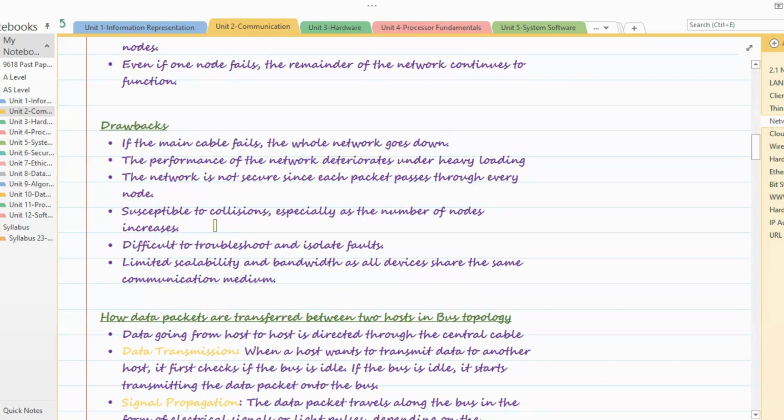Then there are collisions. As the number of nodes increases, more collisions can happen. Then troubleshooting is difficult in bus topology, very difficult to figure out where the actual fault is. There is also limited scalability and bandwidth, because the more computers there are, heavy traffic will result in deterioration of the performance of